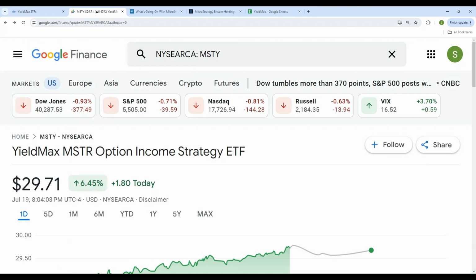Friday was a red day in the market, right? If you look at that, Dow Jones went down, S&P went down, Nasdaq went down, Russell went down. So all the indexes went down, but MSTY was in green. Not only was it in green, it was up more than 6%. Now the question is, why was the market down and MSTY went up? And don't get me wrong, it could go vice versa. The market could skyrocket 1,000 points, and MSTY could